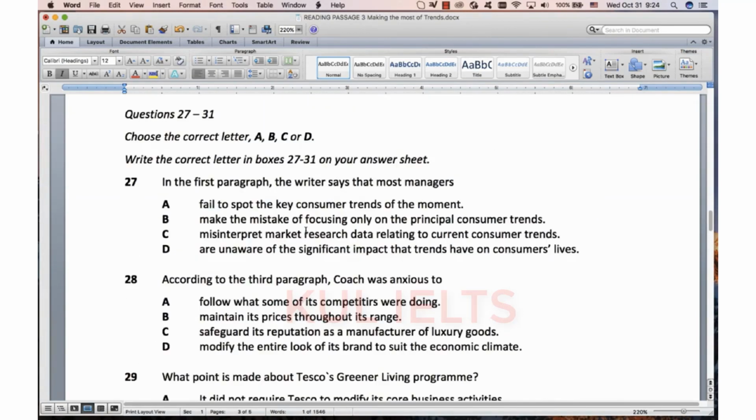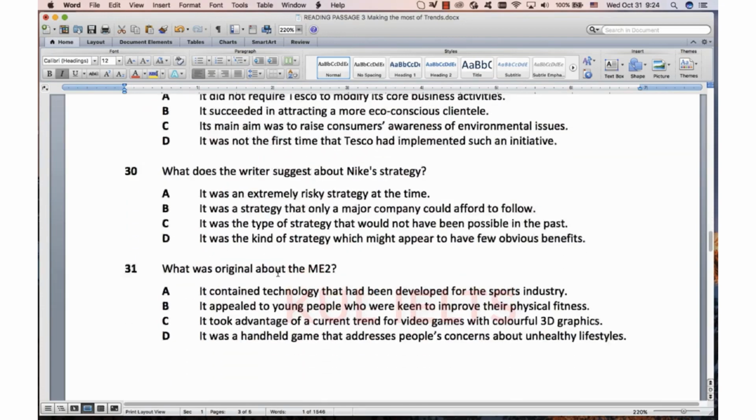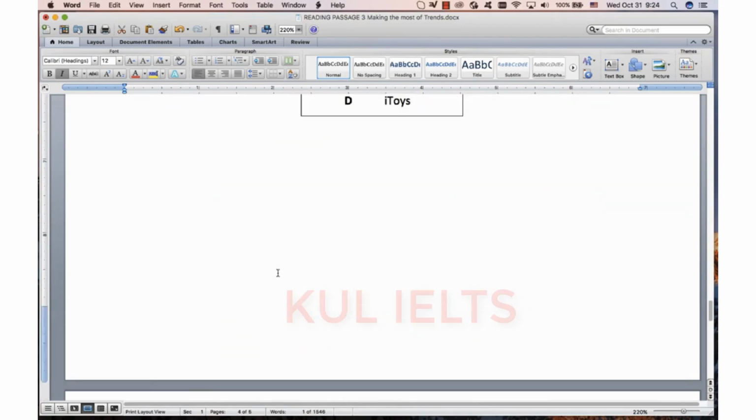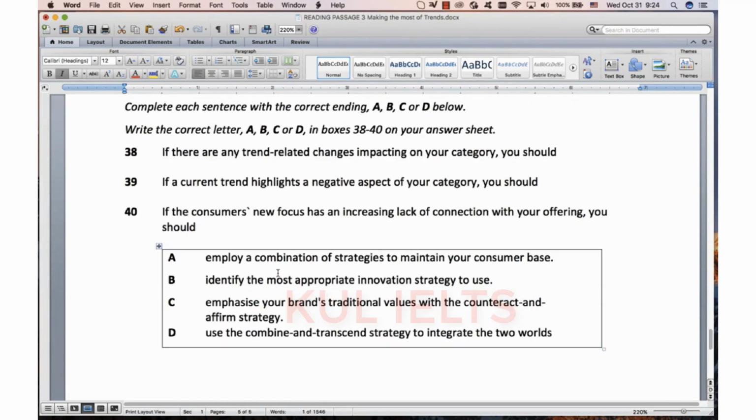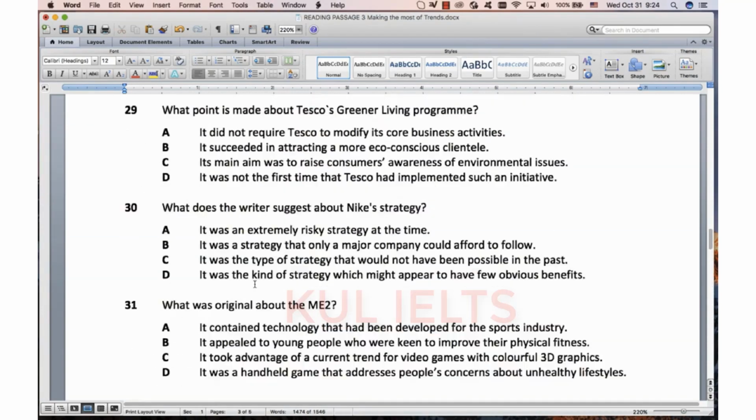As I've said many times, multiple choice, you're going to leave it for last, but you're going to see if it can help you to find where these questions come from. That's probably the most important thing at the beginning of this passage, and indeed at the beginning of most Passage 3s. Find where each question section comes from, and then that will help you to decide what to start with. So the multiple choice does help us a little bit,